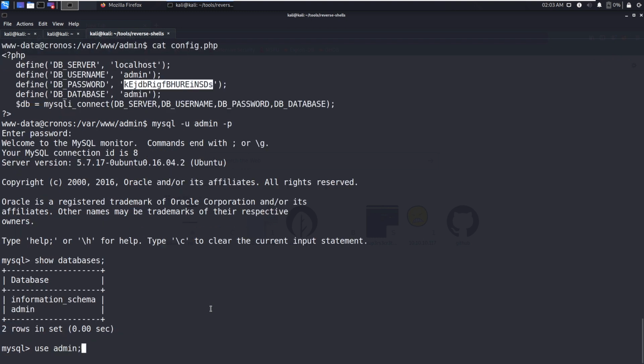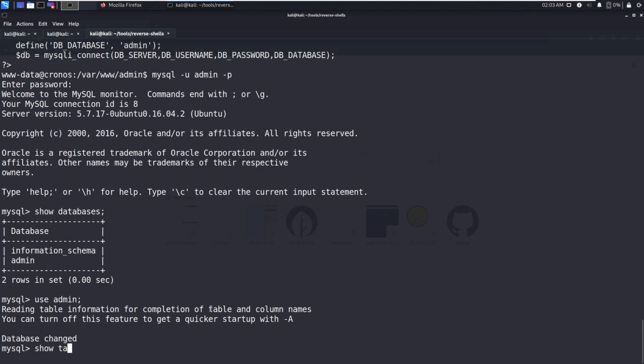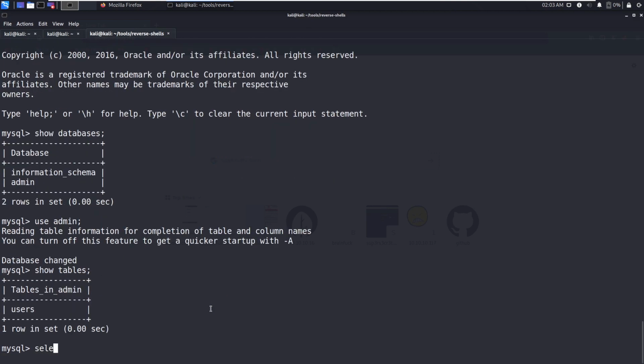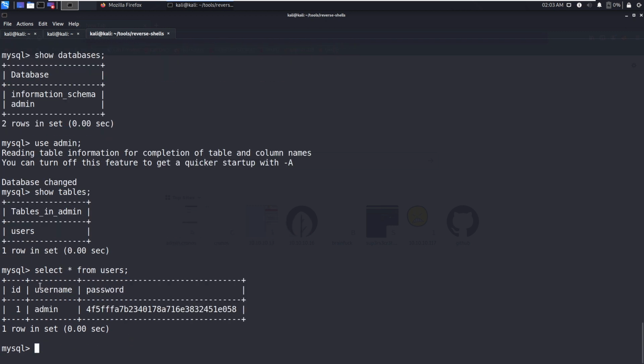Use admin. Now show tables. Select everything from users. Okay, we got the username admin and the password is this one. So you can log in using this one. I think this is a hash, you need to crack it. Okay, there is no extra information in this.